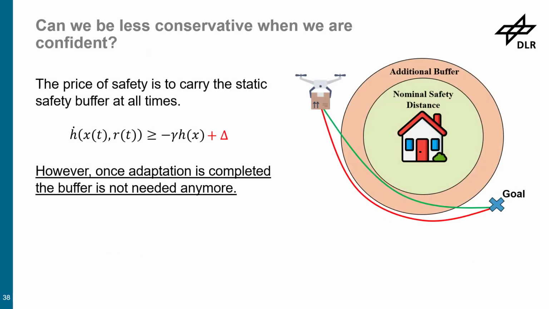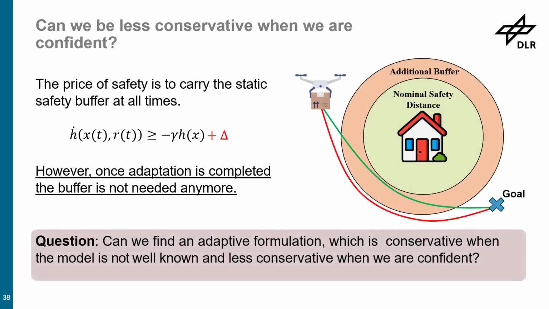And the downsides are that you will always be conservative, right? So when you have, let's say, this quadcopter and this tries to get to this goal, the easiest way would be to follow the green line, but when you have the safety buffer, it will try to follow the red line, right? So you always make a detour, you're always being conservative. And we don't need this when we have adaptive control, right? Because there will be a point where we converge, where our adaptive controller provides the same behavior as the reference model, right? And if we have that, the safety filter is valid.